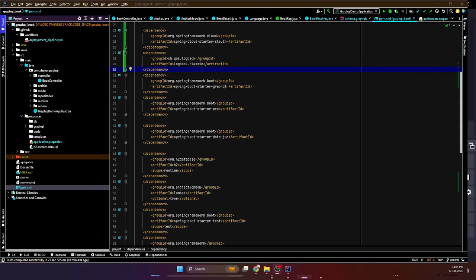Hi everyone. In the last session, we learned about GraphQL and saw the difference between REST API and GraphQL, along with some advantages and disadvantages of GraphQL. In this session, I created a Spring Boot application where we configure the GraphQL and REST API dependencies